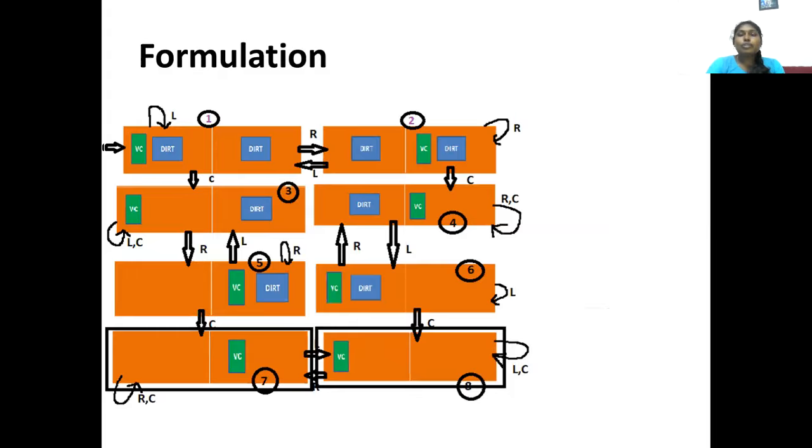Okay, that's it. So the final step in problem solving is finding a solution. In this search tree or search space, we have to start from the initial state and find a path to reach the final state. Any one path that reaches the final state will be a solution for our problem.